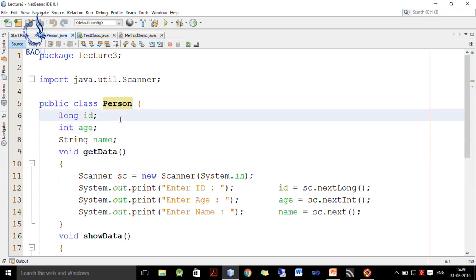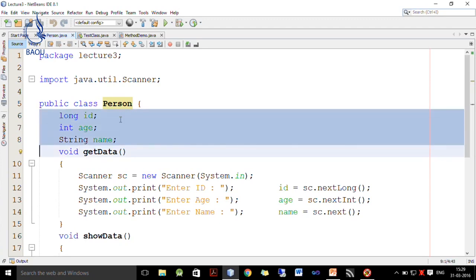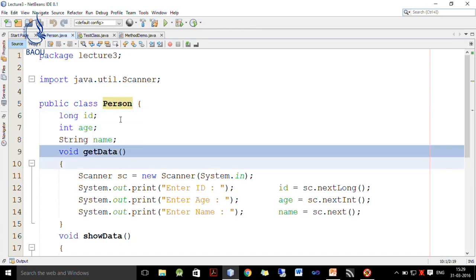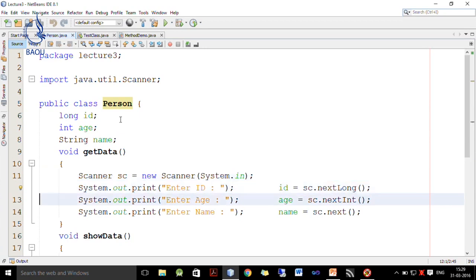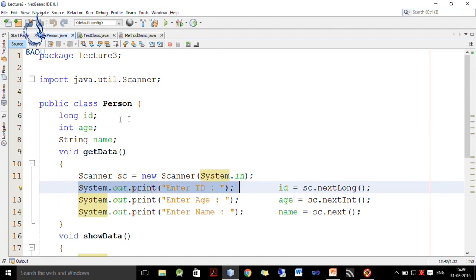So, as discussed earlier, we have three instance variables id, age and name, and we have one method which just reads these three values. Its name is get data. Now, to actually read data from the system, I define one scanner class object and its source is the keyboard. Then I ask the user to enter ID and it is read as next long, since the type of ID is long.